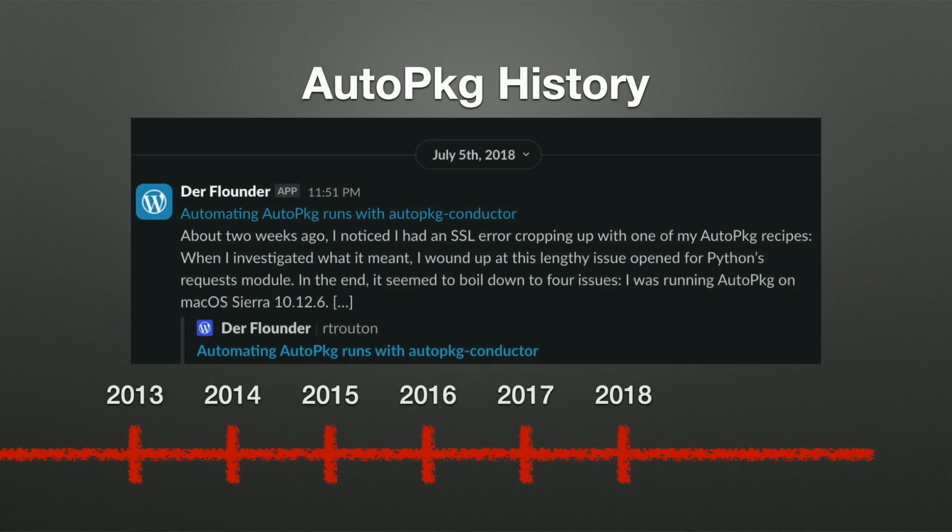Soon after that, Rich Troughton released AutoPkg Conductor. This tool was essentially a bash script, if I'm not mistaken. But he also provided some sample launch daemons and things like that to help put it in place. It made it easier for admins to schedule the runs even when nobody was signed into the computer, which was a downside to AutoPkg at the time, is that you had to have somebody logged in.